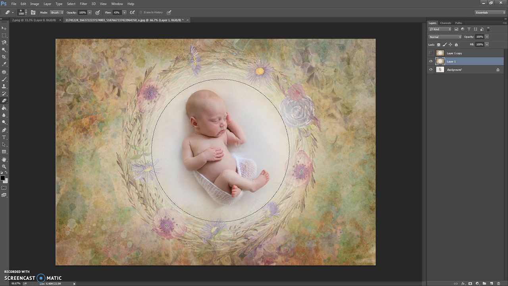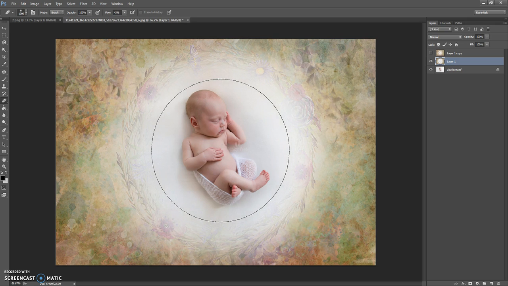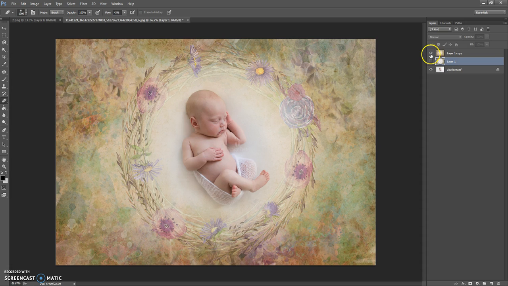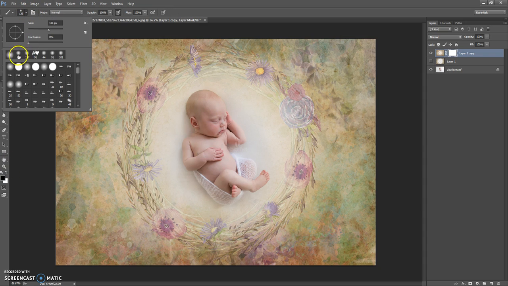You can just erase and just keep clicking your eraser, and if I go to an extreme and just keep clicking, you see just how extreme you can take it. So that's using the eraser, or if I put the other layer on, what we can do is create a mask, a clipping mask, and then with a large soft brush, again make it about the size of the inner circle. Too big? It's always a bit fiddly trying to get it to be. There we go. Okay, and again a soft edge brush,